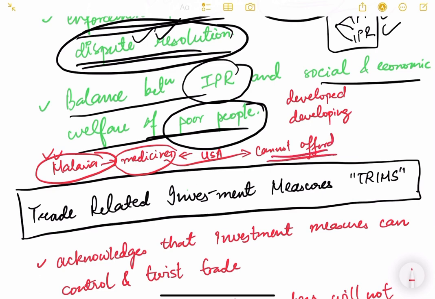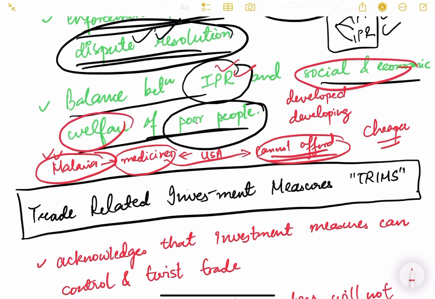So it is necessary for the social and economic welfare of the poor people that these medicines be made available at a cheaper cost. Now if this medicine can be manufactured using some other manufacturing process at a cheaper cost in India or in some other developing country, then we will not think about the intellectual property, because it is for the social economic welfare of the poor people, for saving somebody's life. Okay, so that is why